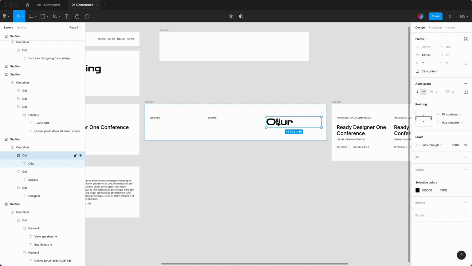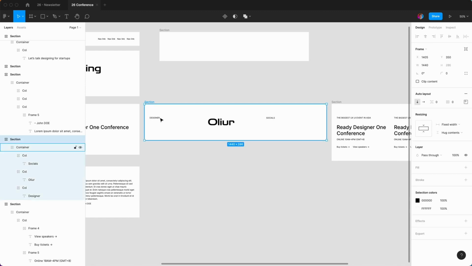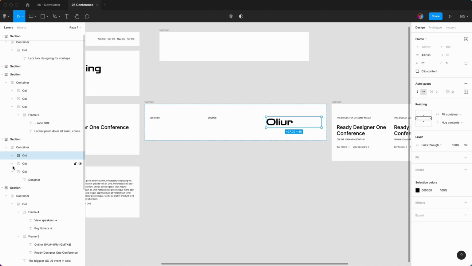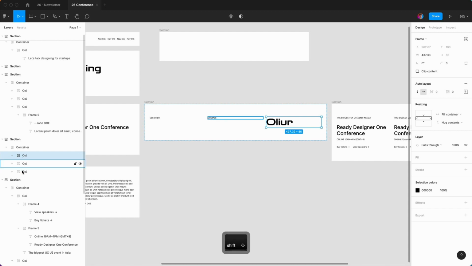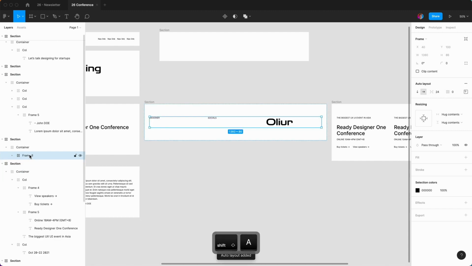And we can change the layout. We can say we want this in the middle. Okay. And what we'll do now, actually, we'll probably have that back there. And what we're going to do with this is Command A or Shift A to bring that into an auto layout. I'm going to call that row. And what I'm going to do now is Command D this